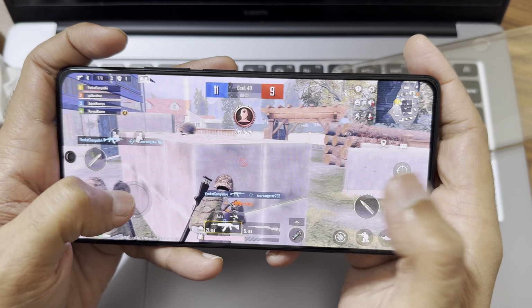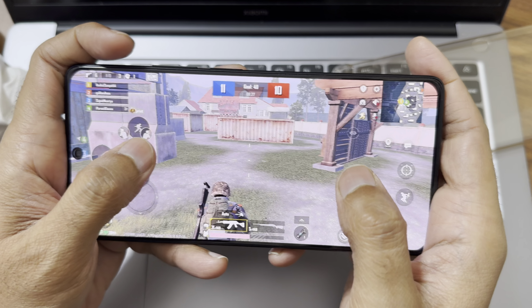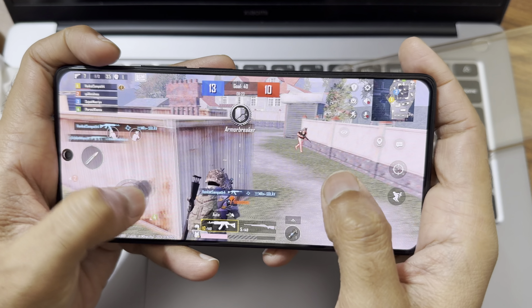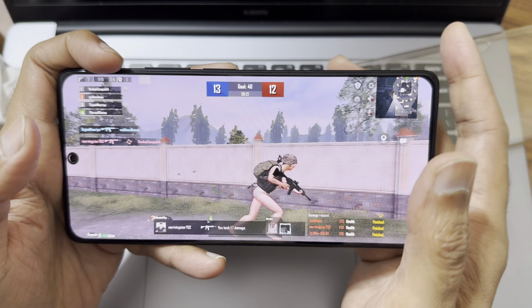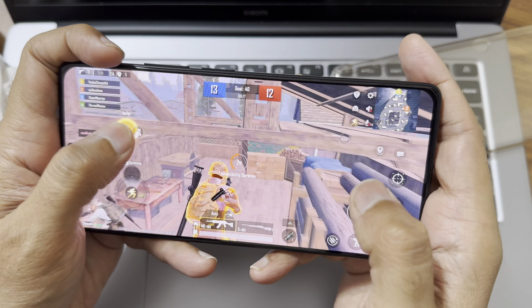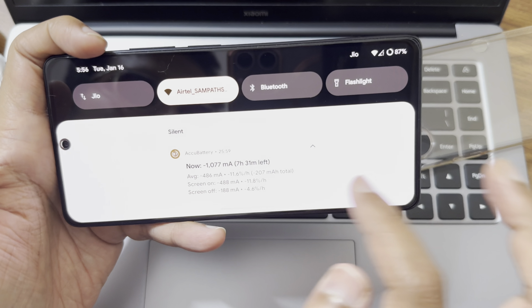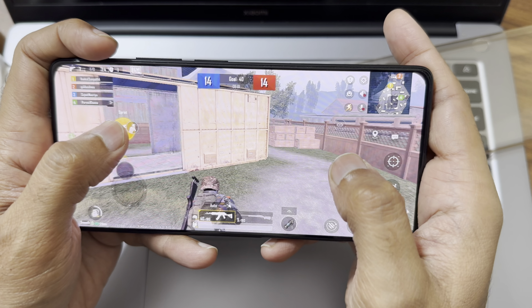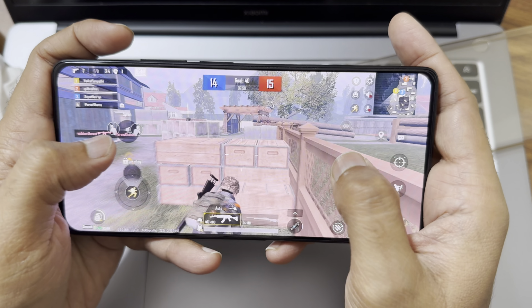I haven't faced any lag here. Even in the counter attacks, you would definitely face lag once you play the classic matches. I'm just showing here how it handles in this game. Actually, the transition and the interface are smooth, and you get this kind of effect. As you can see here, there are all the quick settings toggles, you get the app active status, and there is the edit section. As you can see, it is smooth. There is no gaming mode or anything like that as of now, but